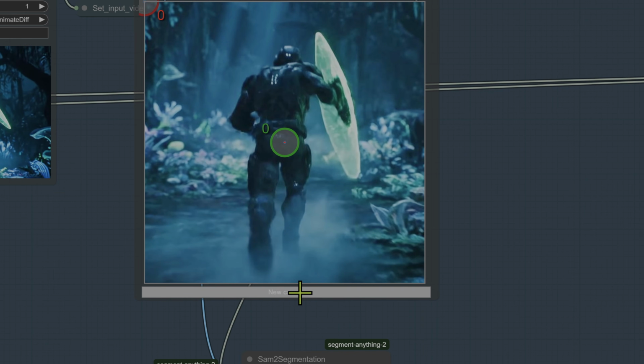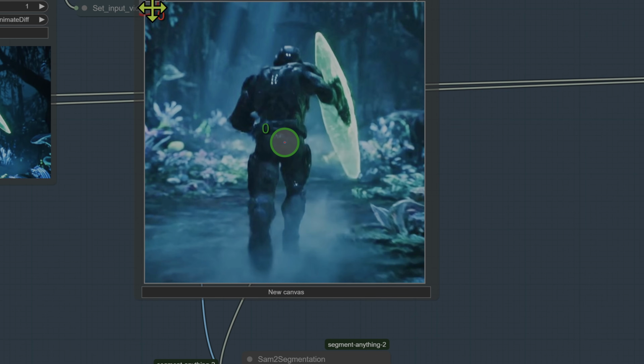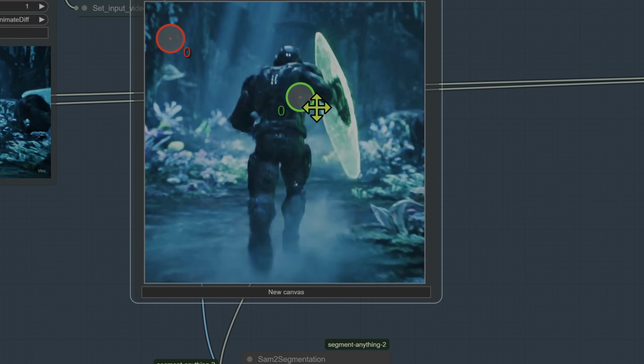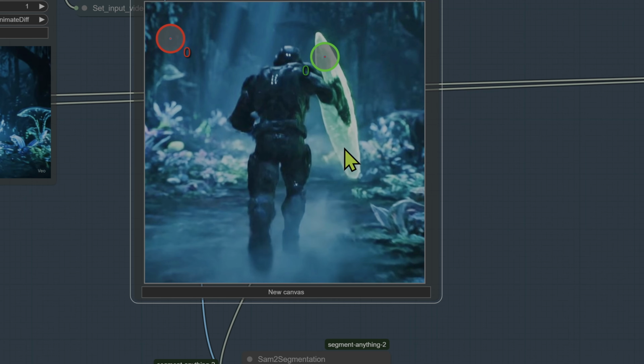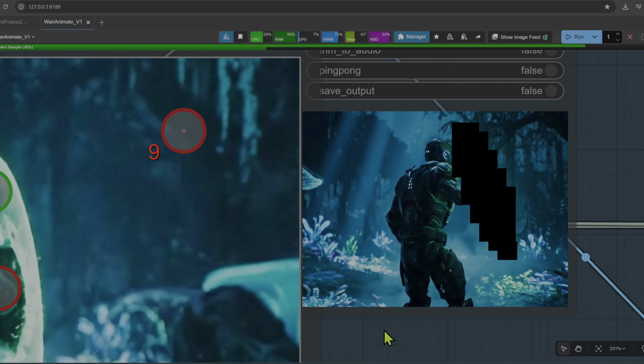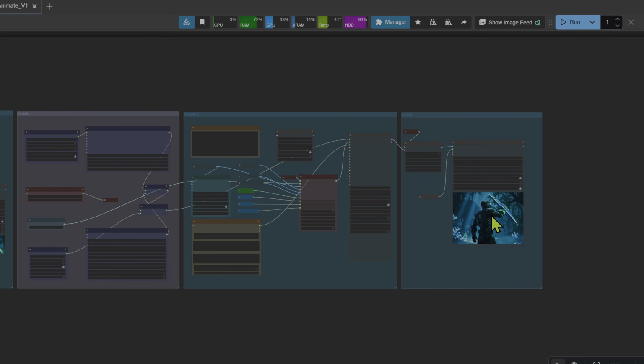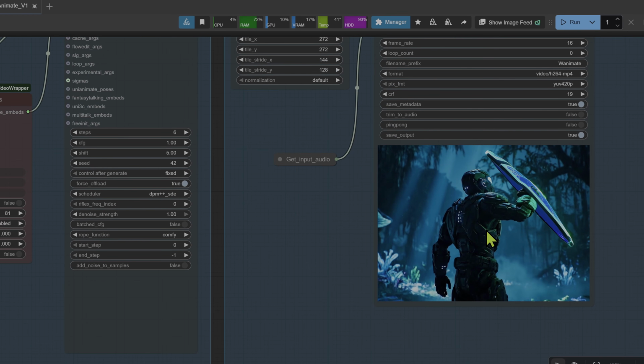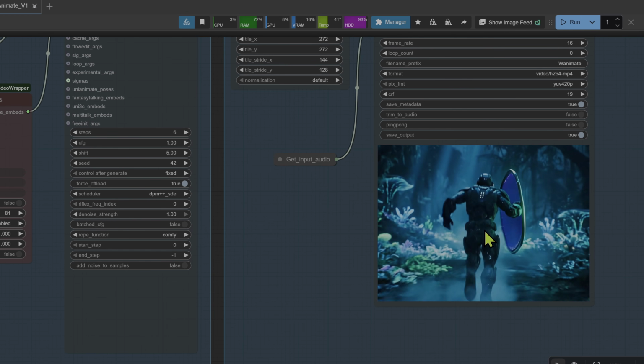And this is what you want to keep. You can hold down Shift and your middle scroll button to remove a point. And you can always clear the canvas and start again. You don't need to be perfect. The AI is smart enough to figure it out. We run it and there you have it, the original warrior but with our custom shield seamlessly integrated into the